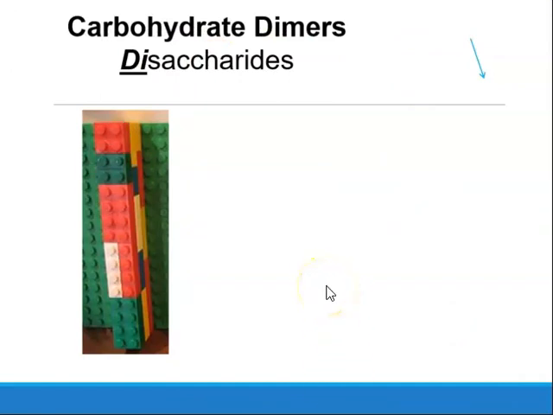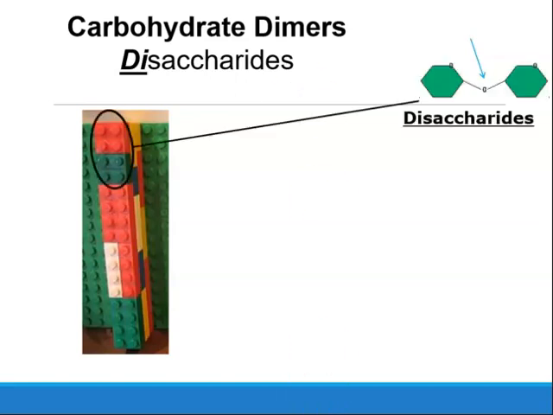We have dimers, or combinations of monosaccharides. When we have two, we have disaccharides. So disaccharides are basically two monosaccharides coming together and bonding. So we have one, two. One monosaccharide here, another monosaccharide here, coming together to form a bond, and we have a disaccharide. Now, what is the bond that helps bring together these two molecules? That is a covalent bond. Again, we need a strong bond to bring these two